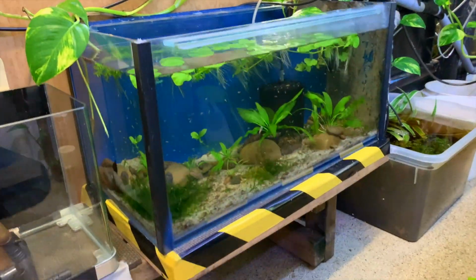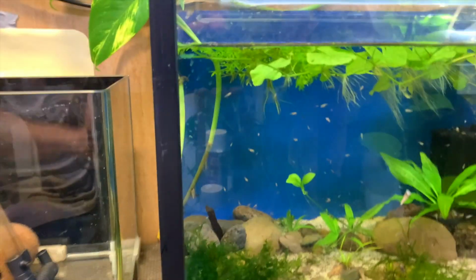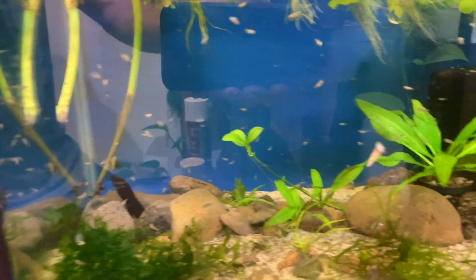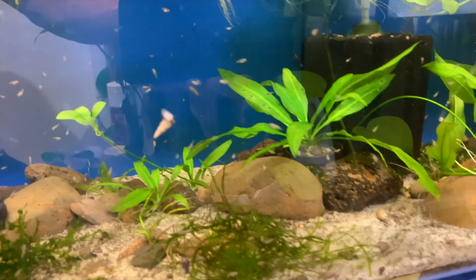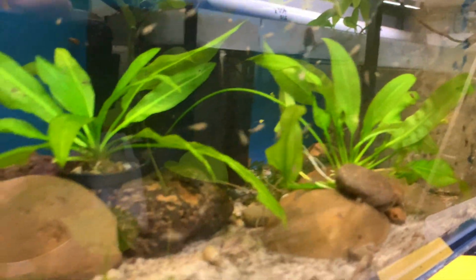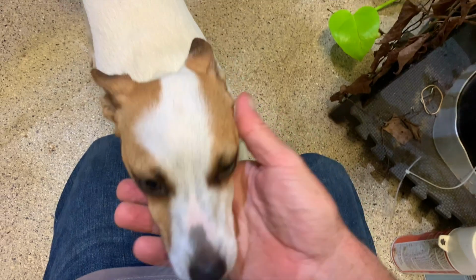This is where the other ones are at. They're not all out at the moment, but you'll get an idea of just how many there are, and I'll give them some brine shrimp in a second. But if you can see, pretty much the whole tank is covered with Acara babies yet again. Now I know they're not your favourite, are they? Hey, what are you doing? We've actually got